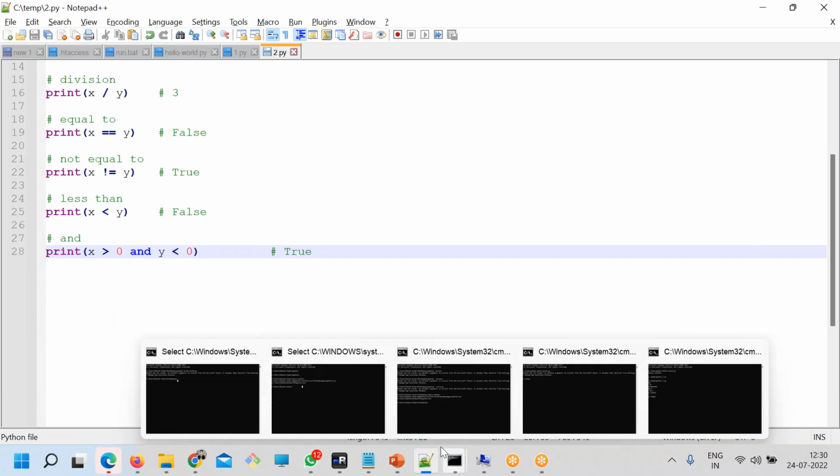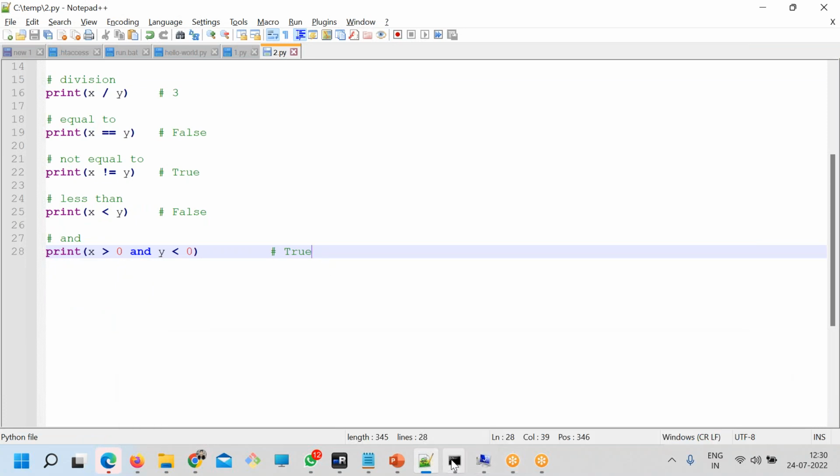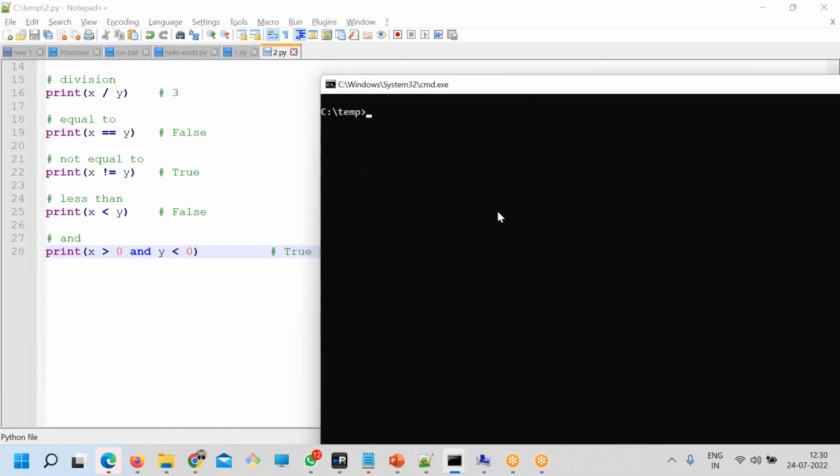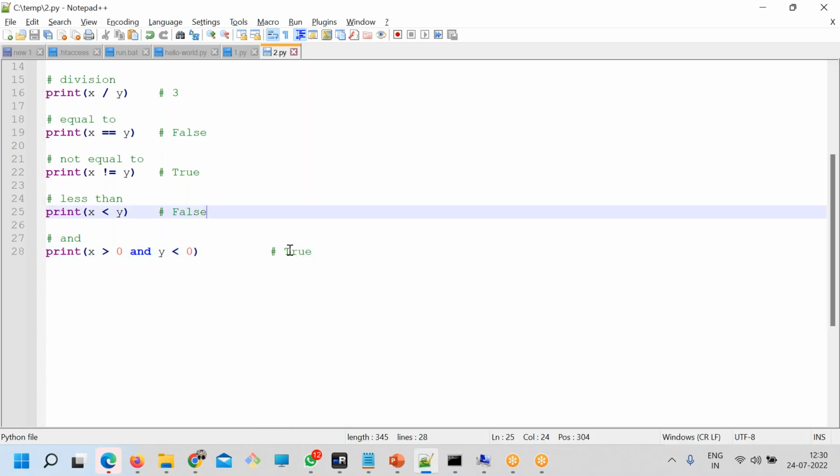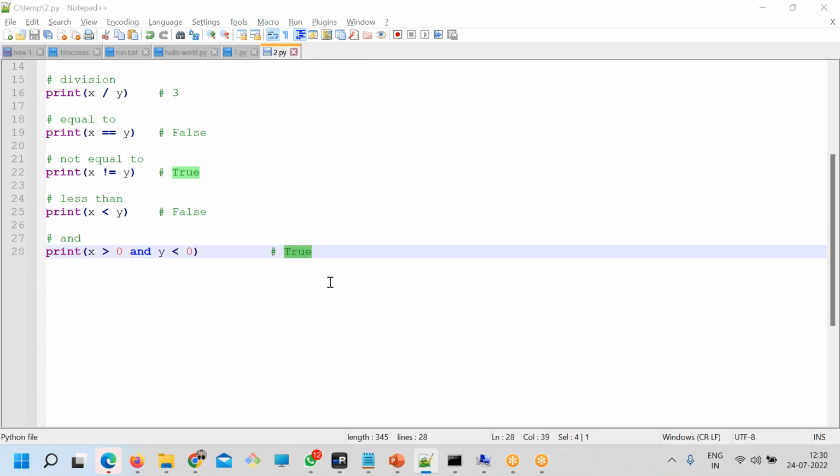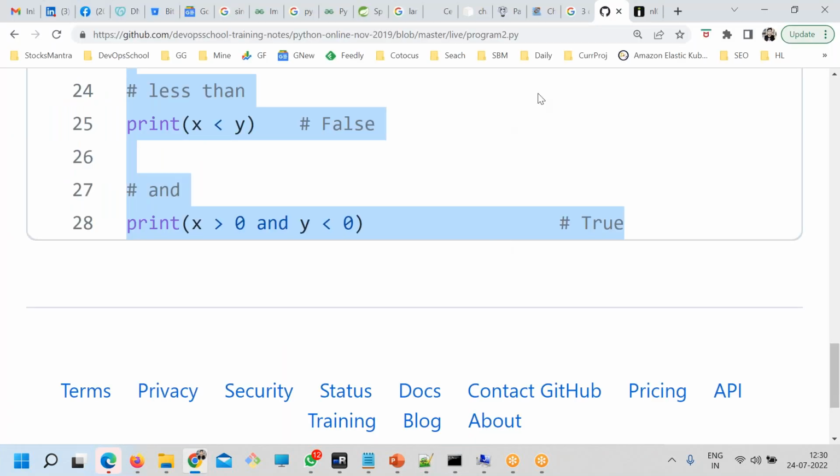And just go to the command line, clear the screen. 2. And now the last one I want to check. See, this is a false, correct? So here, whatever is written as true, it will return, is wrong actually. So mind it, not every time. Some copy paste mistake. So that's all.